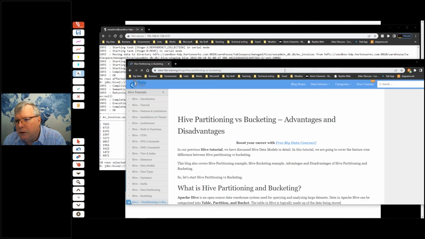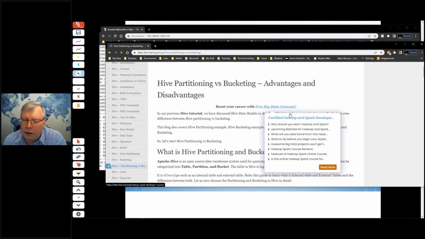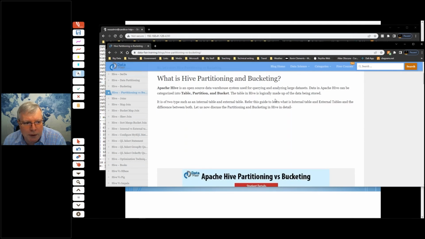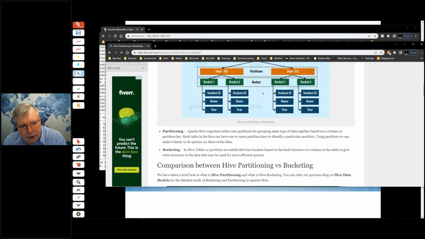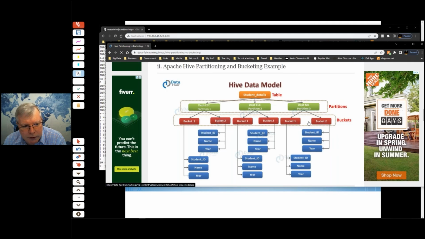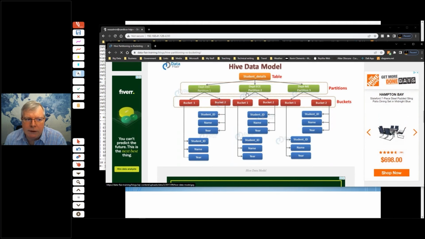To be perfectly honest, you can certainly read information about it. This is a good article around that. So, why should we bucket? Why shouldn't we bucket? What does it do for us? This is the idea of breaking things down by year and so on. And then, of course, what we would do is further break that down into buckets. So you can see